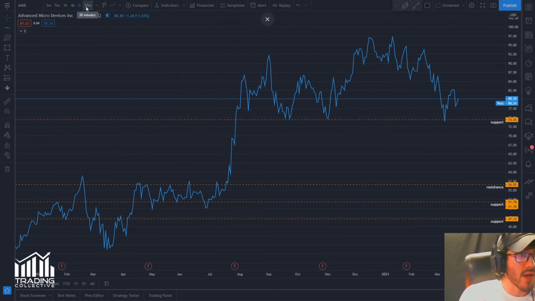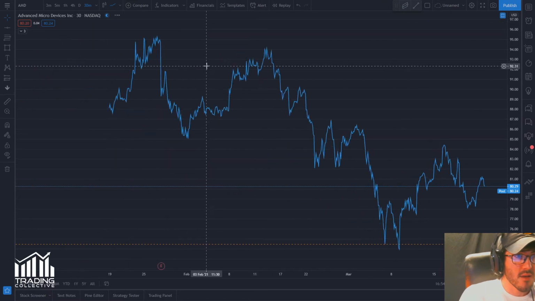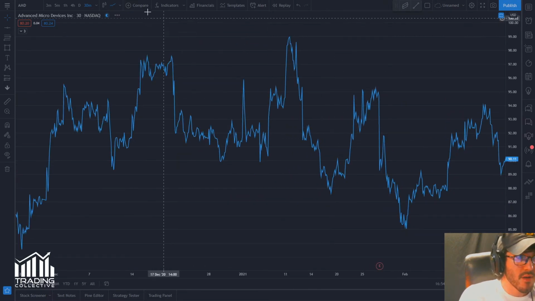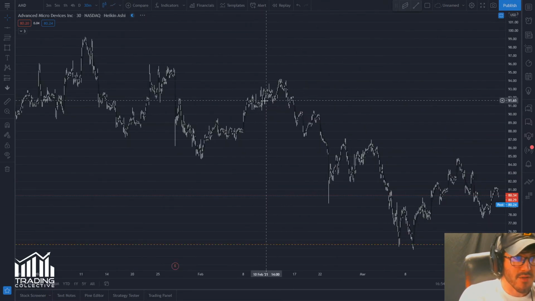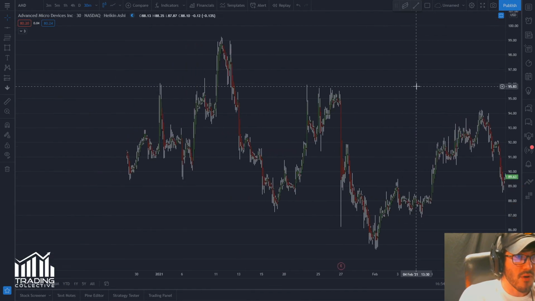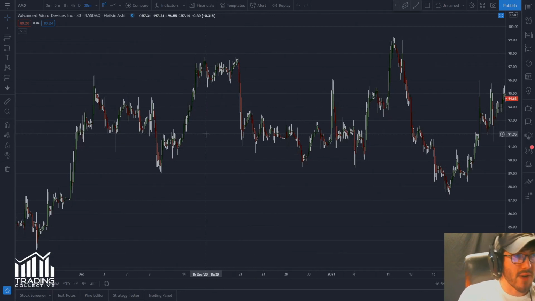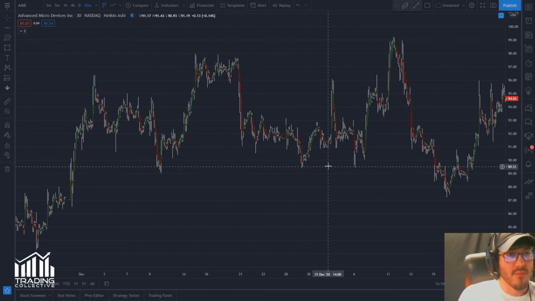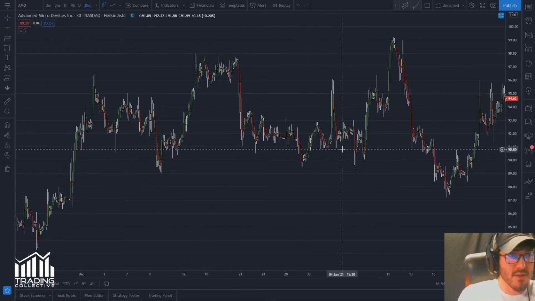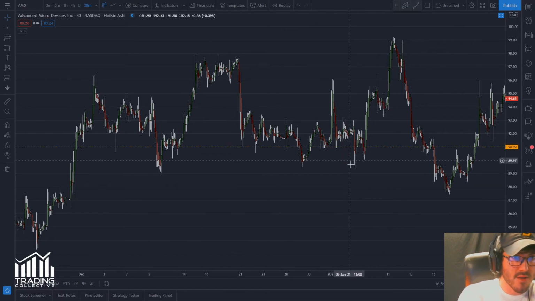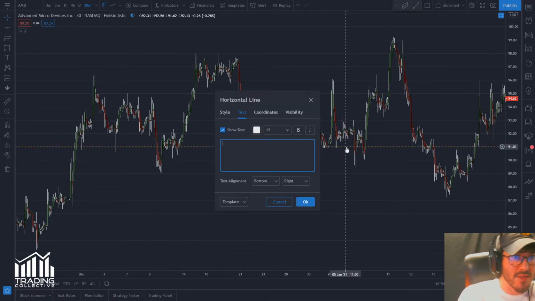Now we'll go to a 30-minute. We'll go in towards the top. We'll go to Heikin Ashi candles. Now this is more likely what you'd be trading on, and we'll find on a smaller time frame more support and resistance lines. So we're seeing one right here, just a very obvious line that stands out,